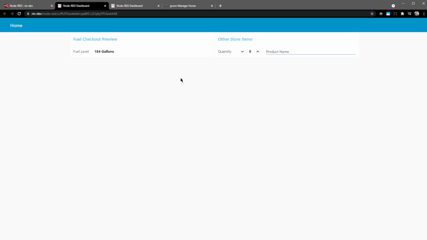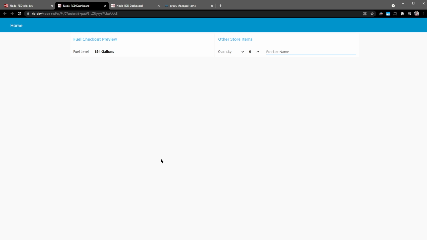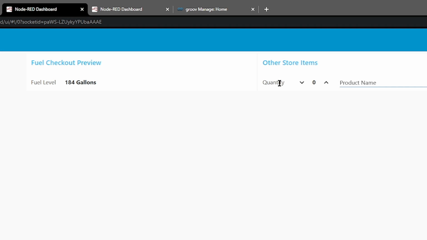You can see that brought me to rio-dev, that's my hostname, /node-red/UI with a trailing slash there. And then the rest of it is just this particular page that's rendered. So now we can see here I have the quantity of products, and I can increase or decrease that however I want. And I can also enter a product name like snacks, and I'll be able to check out with